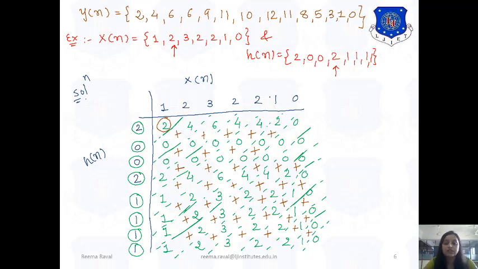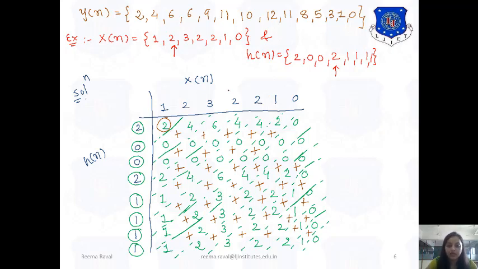Now imagine that we have to do this using the graphical method. Then how many graphical plots would we have to plot, right? That would become a lengthy and time consuming process, and it may happen that some of the values will be in error. So for this the tabulation method will be easy and less time consuming.